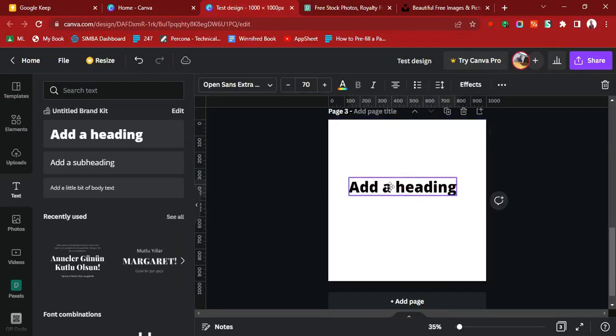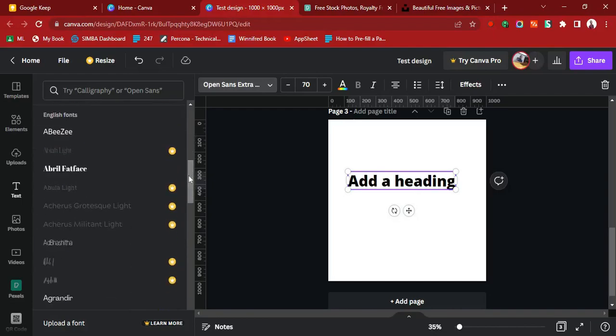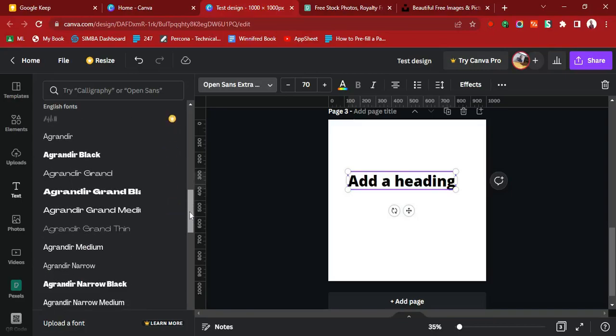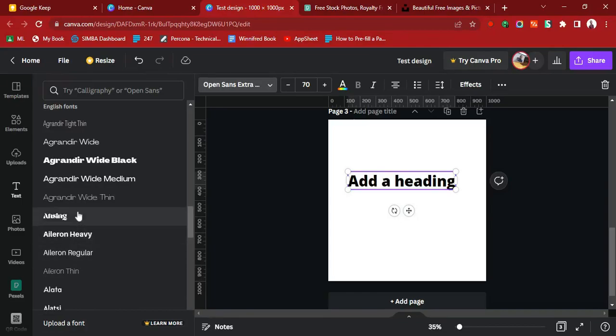So there are a few things you can do. You can change the font here. There are lots of fonts, lots and lots of fonts you can choose from in Canva. If you know the font name, you can search it here. I like to use Arising. Arising is amazing. Okay, and then you can increase or decrease the font size. So if you're making it 70, so let's say